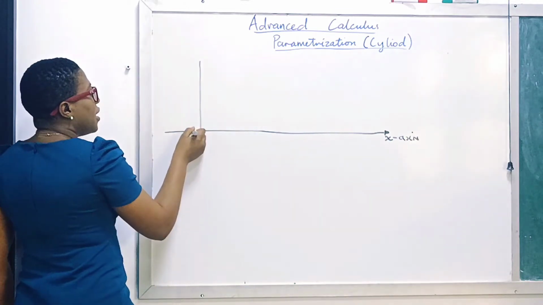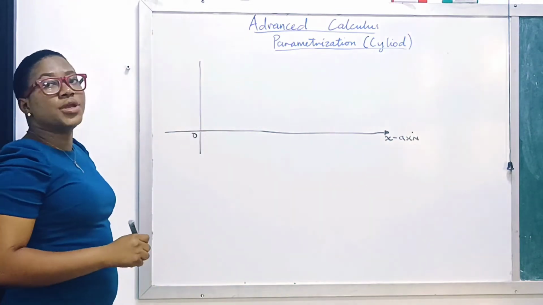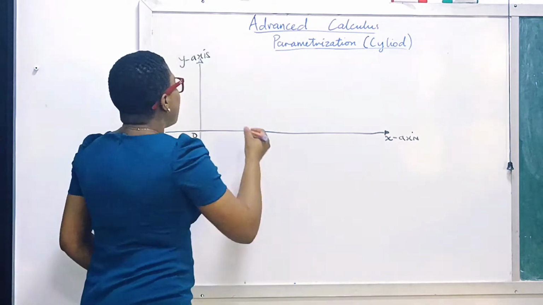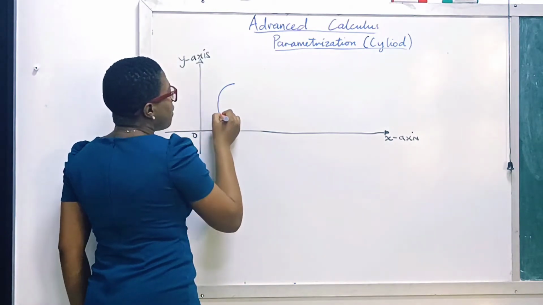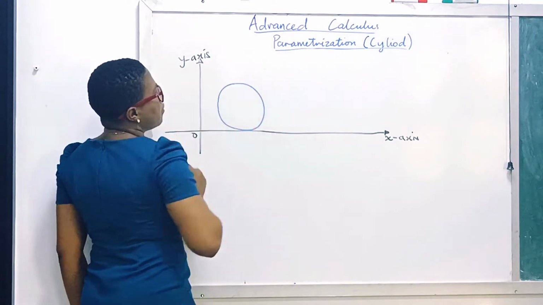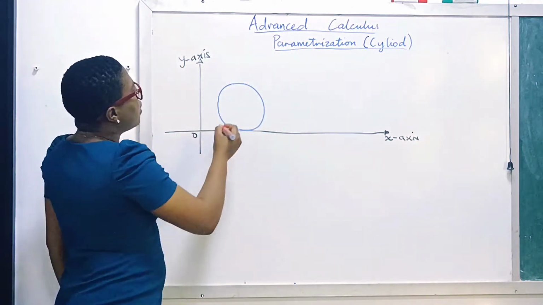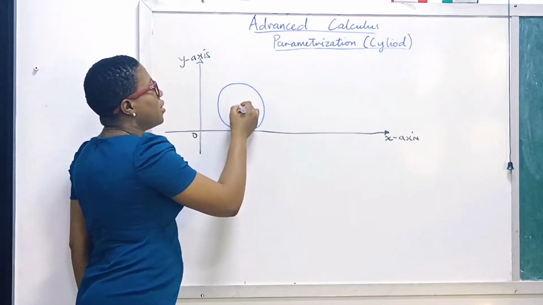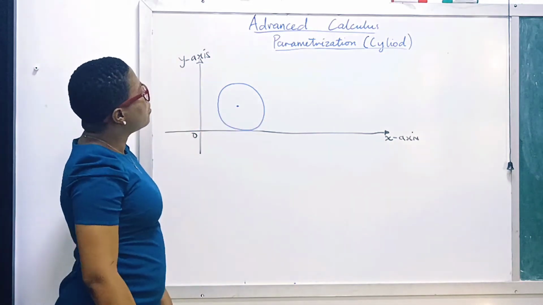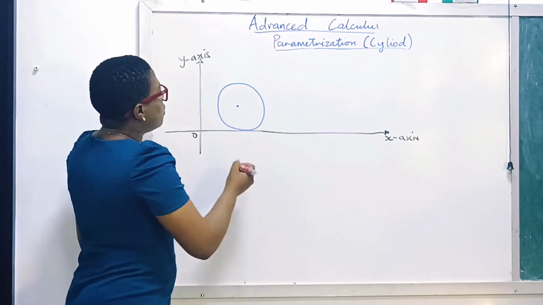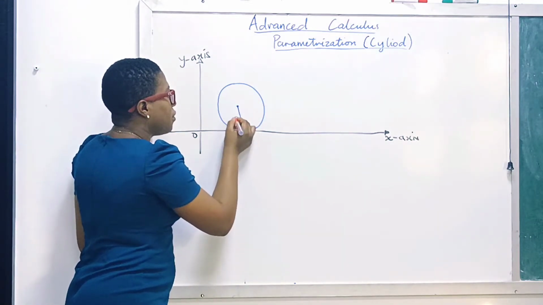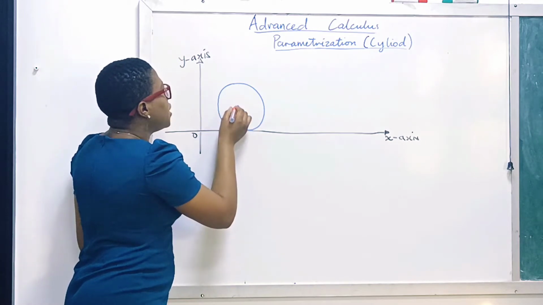Without loss of generality, let this be the origin and let this be the y-axis. Assume that this is the wheel of the tire. Let this be the center of the wheel. Suppose that the radius of this tire is A. What does it mean? It means that